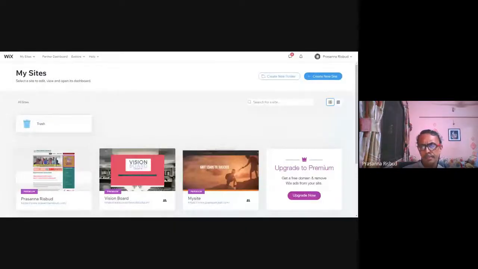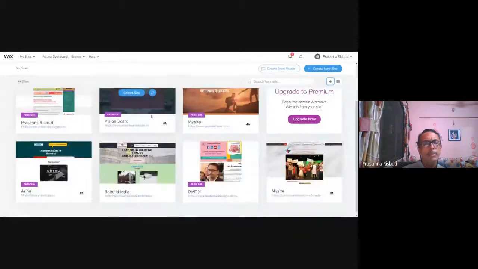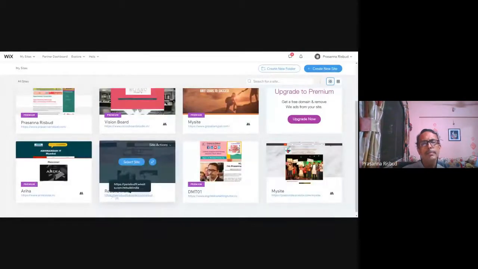Now, if you want to create your own website, you can use this ready-made software called Wix.com. It's a free to use software for creating your website, basic website, which is a subdomain. So you can see this over here, psrisbut.wixsite.com/rebuild. It's a subdomain. This is not my own domain. It's a completely free site which I can use, create, and host on Wix. I don't have to pay a single penny for that.